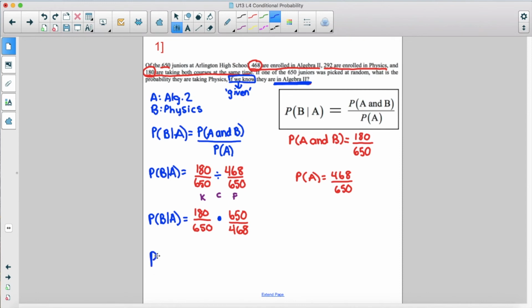So the probability of B given A is equal to 5 over, what was it, 13? Yeah, 5 over 13. Now, if you want to write a sentence about it, you can say the probability